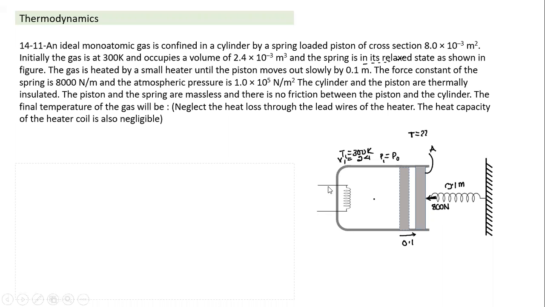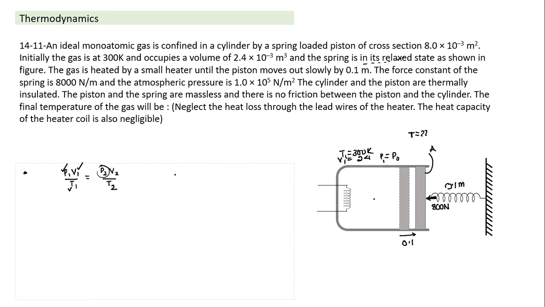See, what are the things which are given? Why is it simple? First thing you need to think of is that the ideal gas equation is always valid. So P1 V1 by T1 has to be equal to P2 V2 by T2 because it's a gas and the number of moles is not changing. Initial pressure is given, atmospheric pressure. Initial volume is given. Initial temperature is given. Is the final pressure given here? Final pressure is given indirectly.